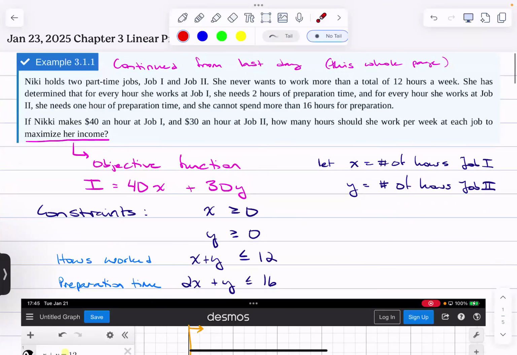Last day, we introduced linear programming, right? Specifically maximizing and minimizing some objective function. And how do we do that? Usually we have some constraints that we're working with, right? And so it's a nice way to roll all the things that we've already learned into one kind of applied problem. And so this whole page